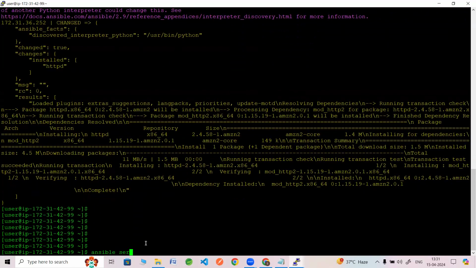Ansible, user as a host name, -b -m. Then here, instead of m, you give a service because you are going to install the service, and then -a for all, and then give the name of the service, HTTPD,